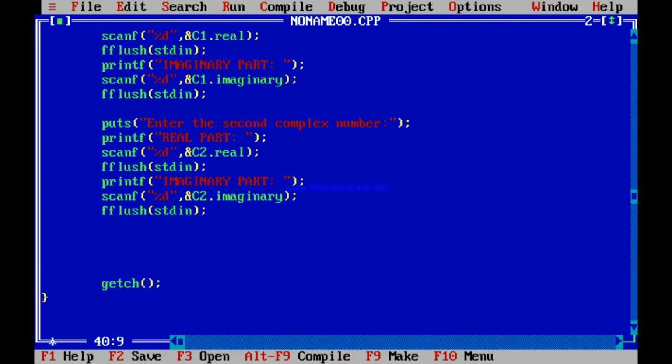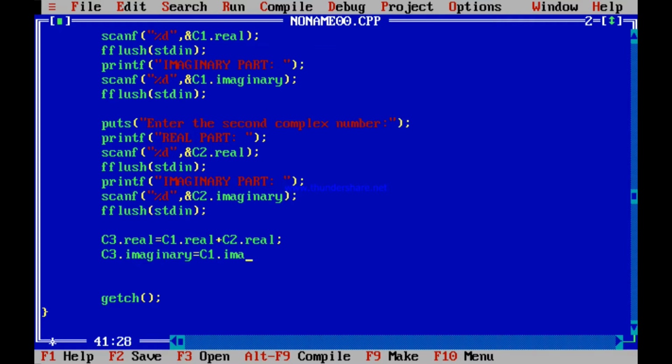Now how to put this whole thing in C3? Very simple now. C3 dot real is equal to C1 dot real plus C2 dot real, and C3 dot imaginary is equal to C1 dot imaginary plus C2 dot imaginary.